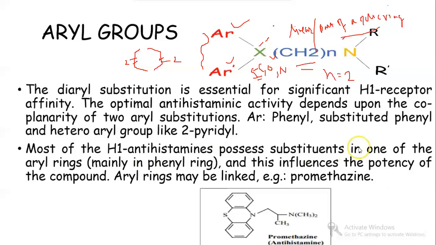First of all, what is the purpose of aryl groups? The aryl groups' purpose is twofold. One is to exert pi-pi interaction with the receptor, because aryl groups have a lot of pi electron clouds. So the compound's pi electrons and the receptor's pi electrons will exert pi-pi interaction with each other. This is the first thing. The second thing is that it will exert hydrophobic interaction, because aryl groups are also hydrophobic. So putting two hydrophobic groups, or two aryl groups, will enhance the chance of the compound binding with the receptor.